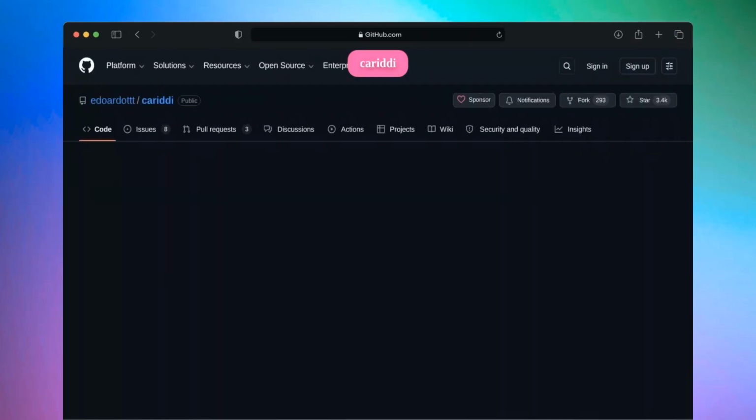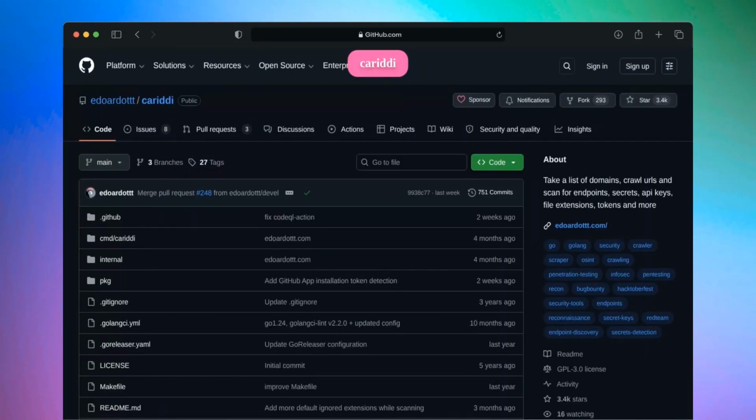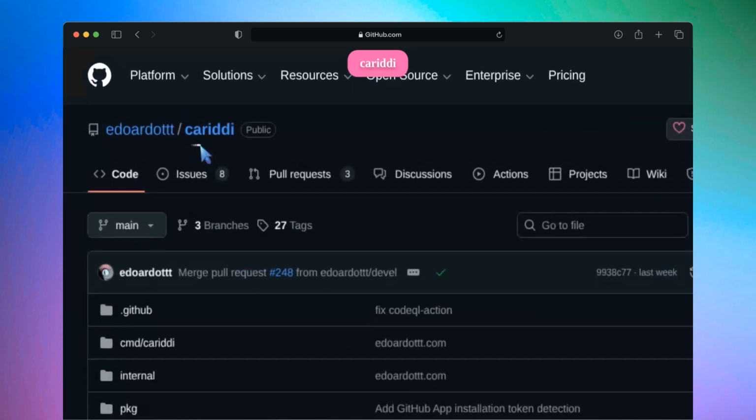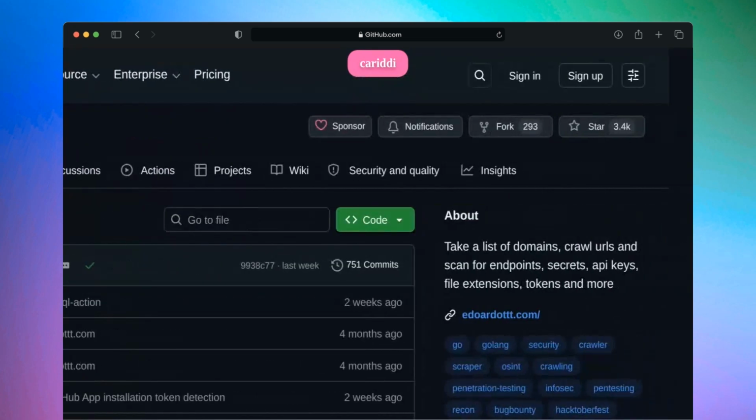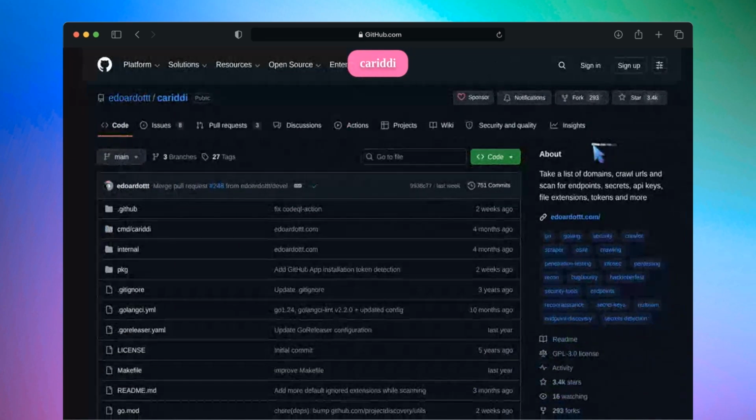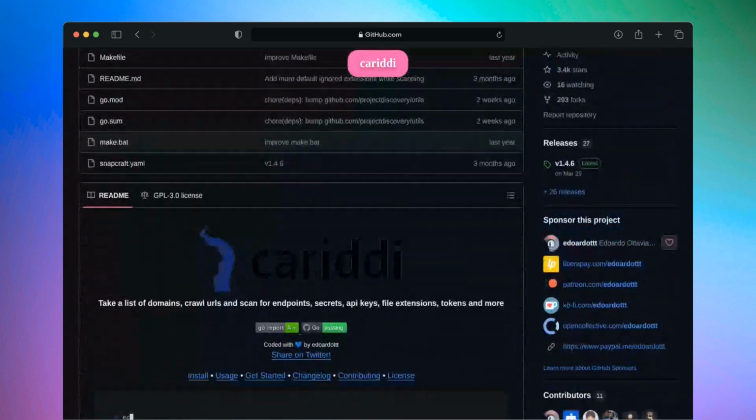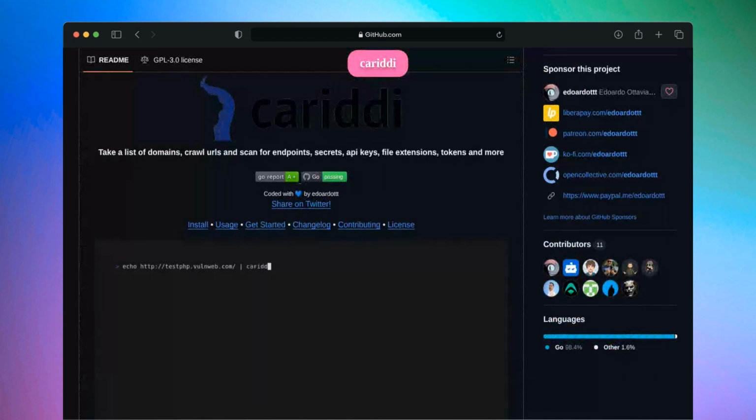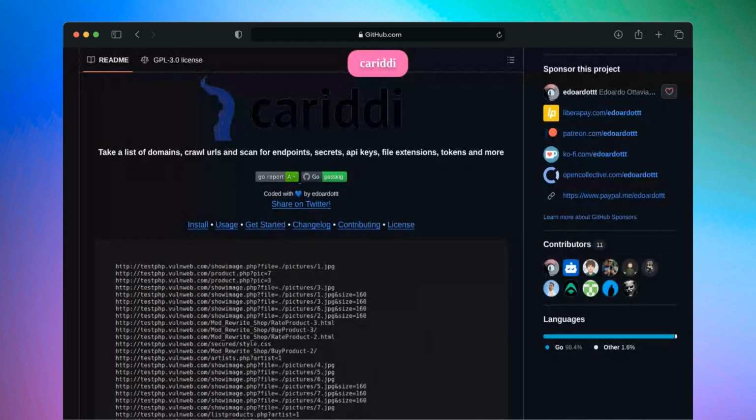Do you ever need to quickly scan a list of websites for hidden secrets or API keys? Cariddi, with almost 3,500 stars, is a simple tool to crawl domains and find endpoints, secrets, and more. You feed it a list of URLs, and it automatically crawls each one, searching for exposed information like API keys,